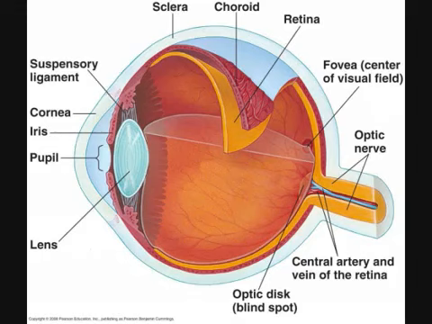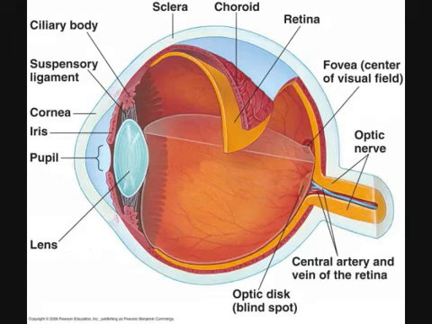Suspensory ligaments. The suspensory ligaments attach the lens to the ciliary body, anchoring the lens and positioning it appropriately. Ciliary body. The suspensory ligaments that hold the lens in place attach to the ciliary body. In addition, the ciliary body functions to produce the